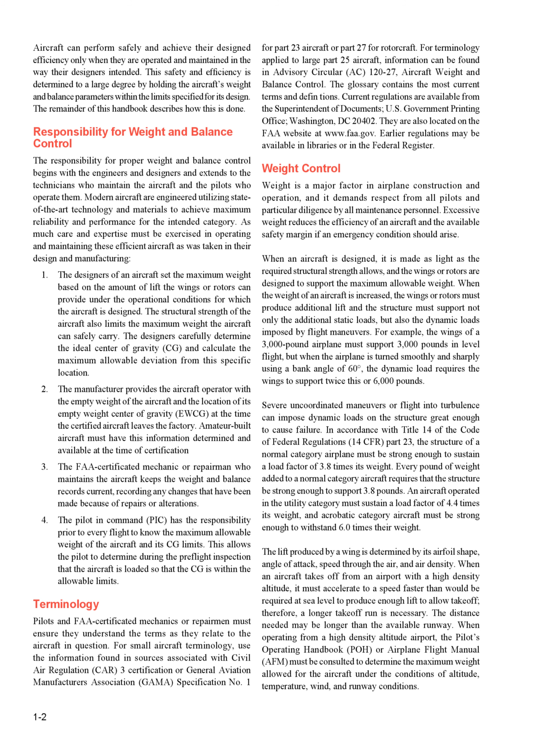Severe uncoordinated maneuvers or flight into turbulence can impose dynamic loads on the structure great enough to cause failure. In accordance with Title 14 of the Code of Federal Regulations, 14 CFR, Part 23, the structure of a normal category airplane must be strong enough to sustain a load factor of 3.8 times its weight. Every pound of weight added to a normal category aircraft requires that the structure be strong enough to support 3.8